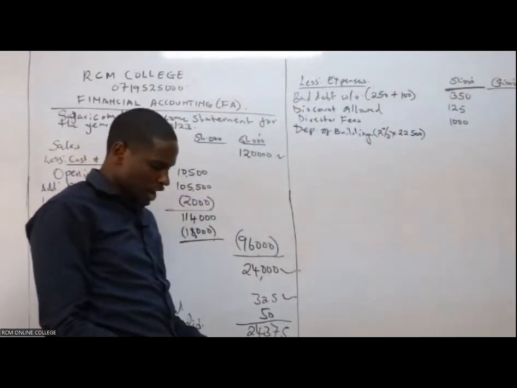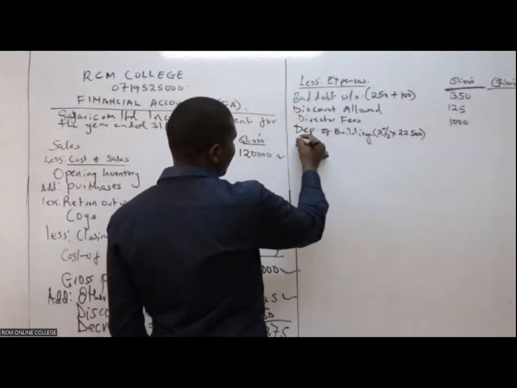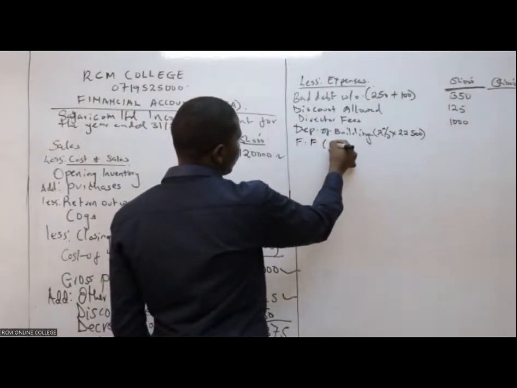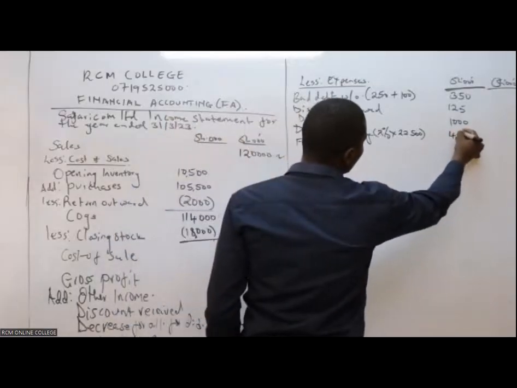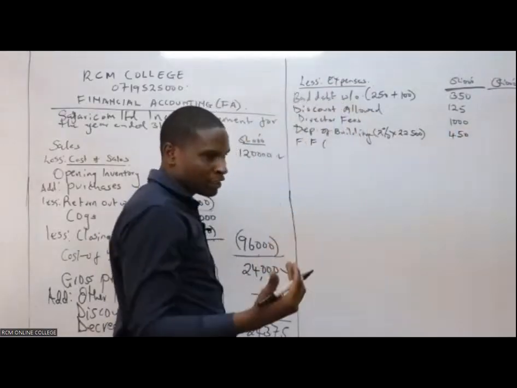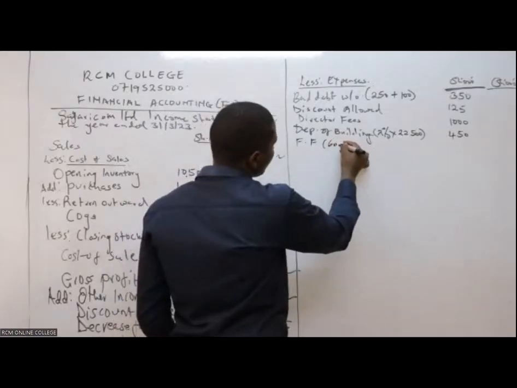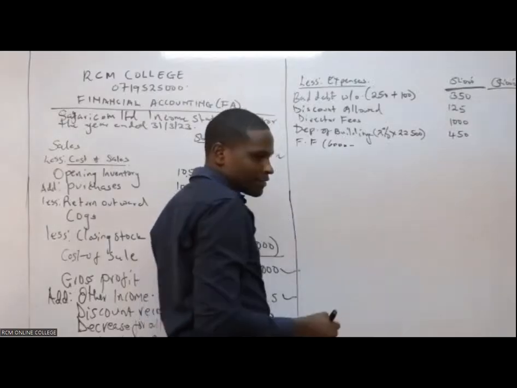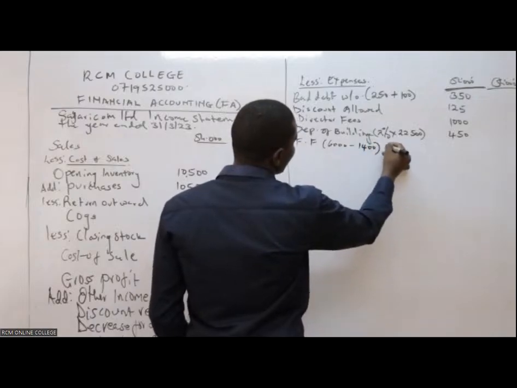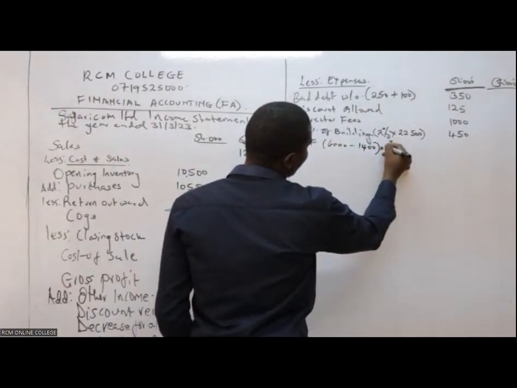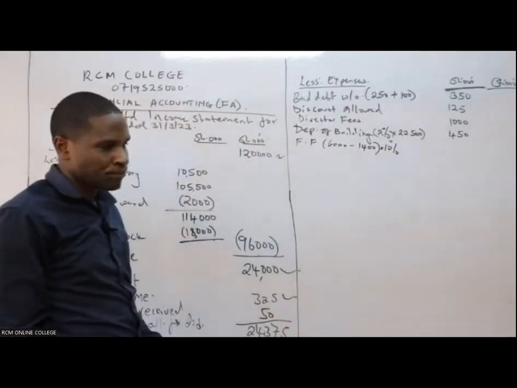Then we go to furniture and fitting. Furniture and fitting is at reducing balance and the rate is 10%. The cost is 450 asanti. 450 tunaenda vizuri. Nataka tuharakishe ili tuende kwa balance sheet. I want us to go even to the balance sheet. 6,000. Reducing balance, you have to take cost minus accumulated depreciation, which is 1,400. Then you find 10% of that difference. What is the depreciation of furniture and fitting?